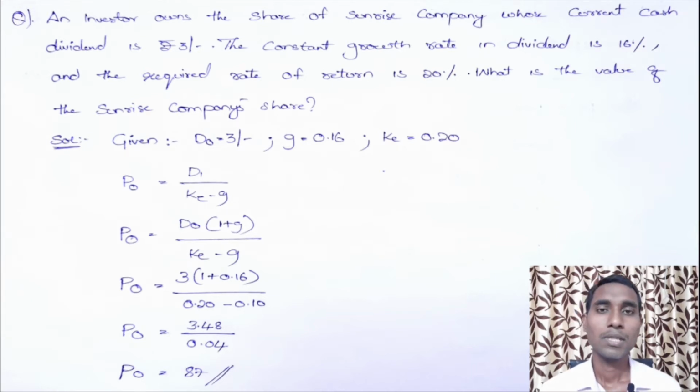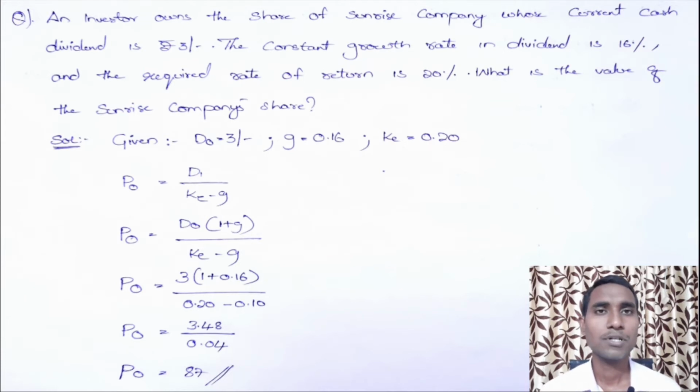Now, in the last session, we learned that in the constant growth model, dividends grow at a constant rate. I also gave you a small trick to identify this model: when in the question only one growth period is given, that problem should be solved using the constant growth model. Now let us see some more questions on the same model.